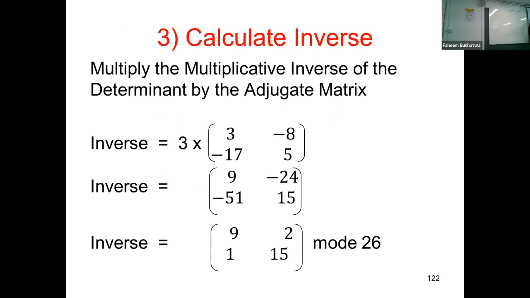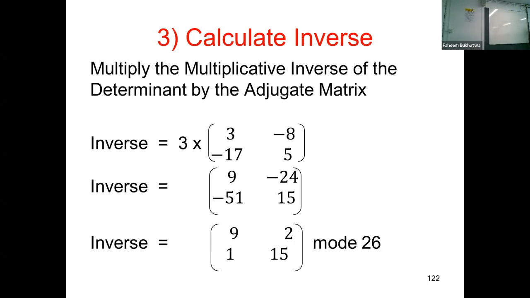The original matrix had a determinant. This is the inverse of that determinant. Now, if we multiply that into that, we get, hopefully, the inverse matrix. Now, it's a result of multiplying that determinant into the adjugate of the matrix. Now, this is the inverse matrix, but it won't work for us in modulo 26. So we need to convert it into modulo 26